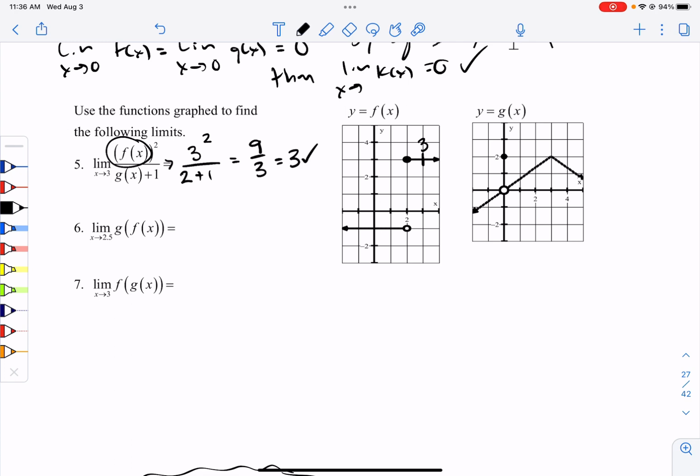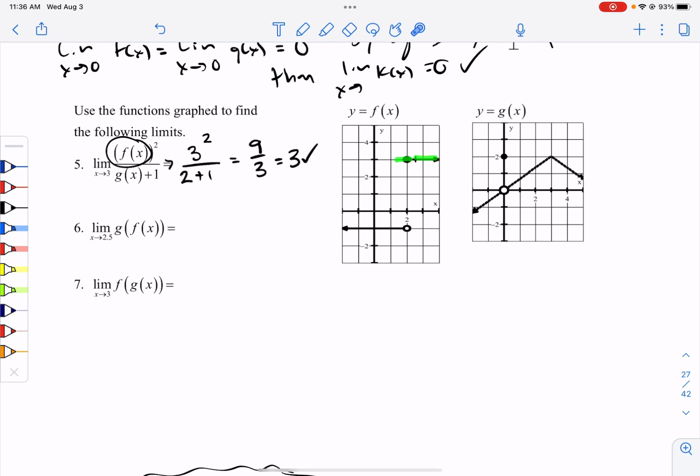The limit as x approaches 2.5 of g of f of x. Okay, so here's where we've got to start being careful. We have these composite functions. So the first thing, f is inside. So we've got to see what happens as I'm approaching 2.5 of f first. f is this function on the left. 2.5 is right here. And as I approach 2.5,